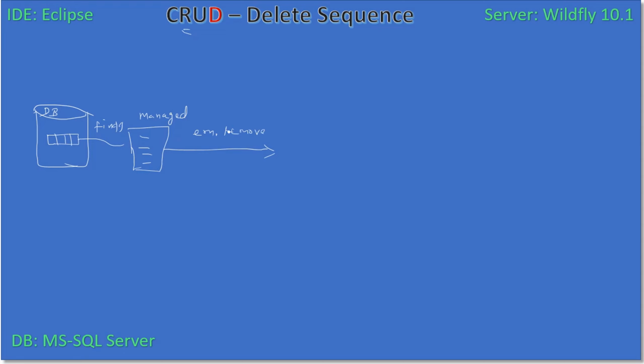Remember, for create we make a call to persist, and for update we don't invoke any entity manager method, we just make the field modification, but for delete we will make a call to remove. So what happens is the specific entity goes to the removed state,